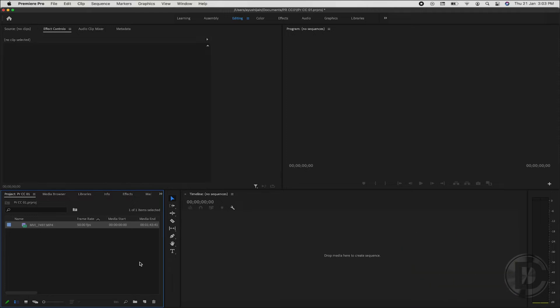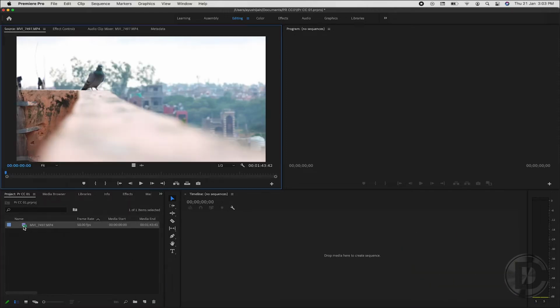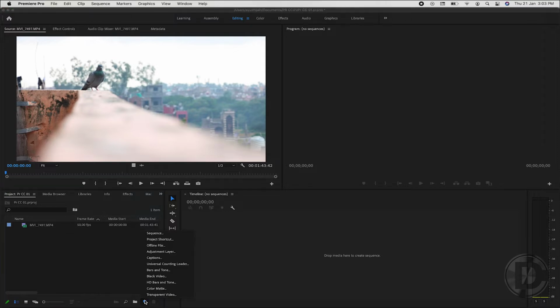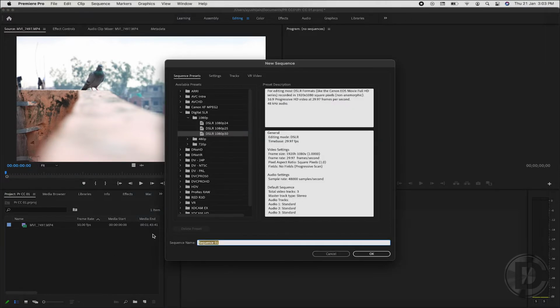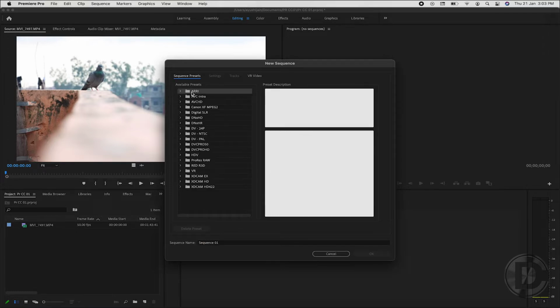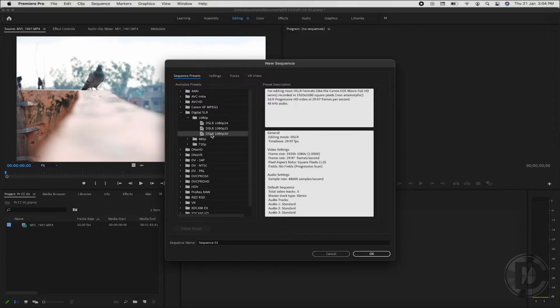So after importing your clips, the next step you have to do is make a new sequence to edit your clip. You can make a sequence by clicking on new item and sequence. So here you can see so many sequence presets which is according to the camera you have used to shoot your footage. You can choose Canon, ProRes or even Red camera settings, and for a standard size you can also choose HDTV size. But here is a setting which is called Digital SLR, which is used for any kind of DSLR. So I prefer DSLR 1080.